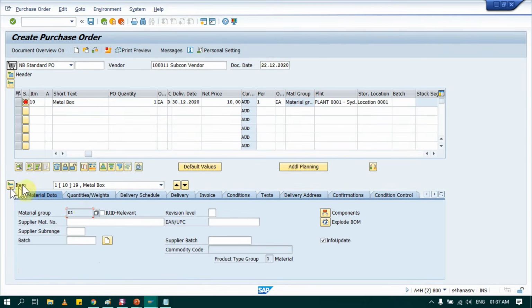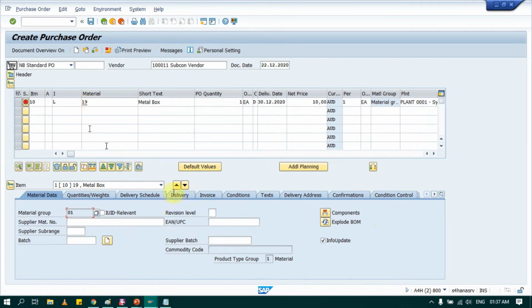In item, in first tab here, material data, you see here component and explode BOM. If for this particular material BOM is maintained, then if we click on BOM, it will automatically gather its subcomponents and required quantity. But for this example, I haven't maintained any BOM, so I will provide component. So how to provide component? Just click on this component,